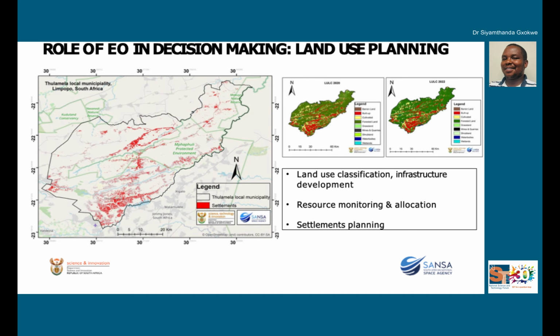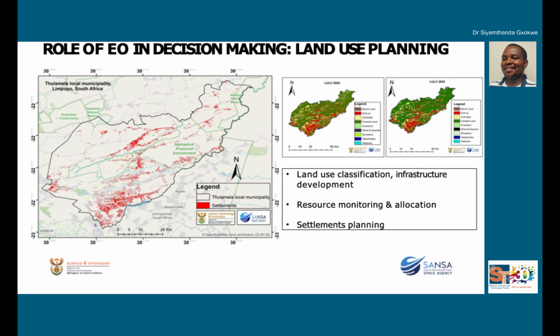So we are also able to track some of the settlements that are threatening our biodiversity and resources. For example, we just published a paper last year that looked at the change in informal settlements within the Western Cape during the COVID times, because we noticed that there has been some growth, or sprouting, of informal settlements in the area, which threatens key priority biodiversity areas like your fynbos, like your wetlands, amongst others.